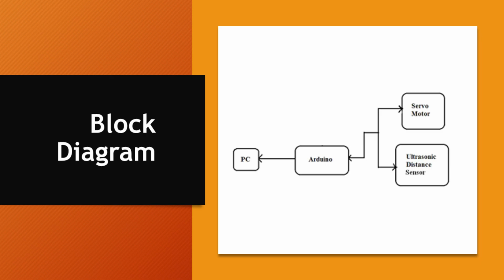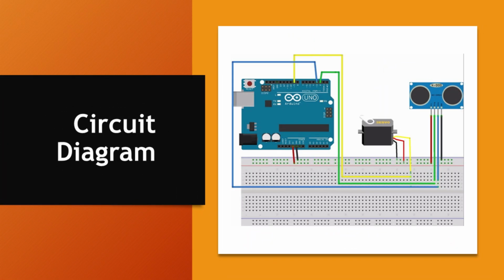We can see from the block diagram that we have four parts: the servo motor, an ultrasonic distance sensor, an Arduino, and a PC. The servo motor moves 180 degrees, thus allowing the ultrasonic distance sensor to sense the distance and send the corresponding values to the Arduino, which then translates them into code, and we can visualize this through the PC. From our circuit diagram, we can see how we connected the servo motor and the distance sensor to our Arduino Uno and connected to a power source and ground. This circuit diagram has been made sure that no connection is